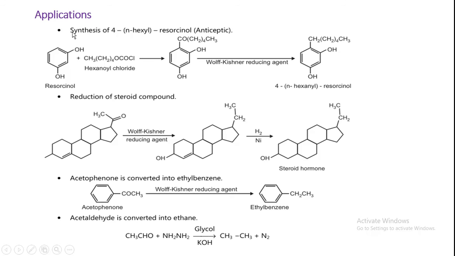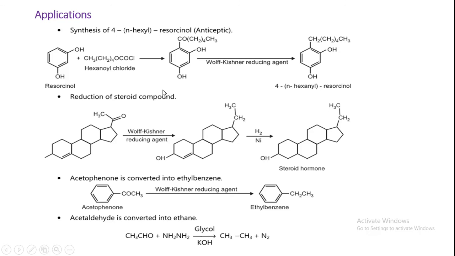Next application, synthesis of 4-n-hexyl resorcinol, which is an antiseptic. So here you see resorcinol, you react that with hexanoyl chloride, so it will form this compound. After that you apply the Wolff Kishner reducing agent, that means NH2 hydrazine along with KOH, that means your base, so that will convert that. See here CO is converted to CH2. We know a ketone will convert to a methylene group, correct? So it is 4-n-hexyl